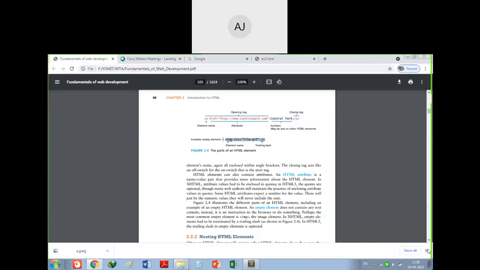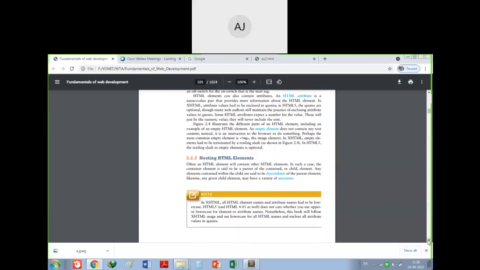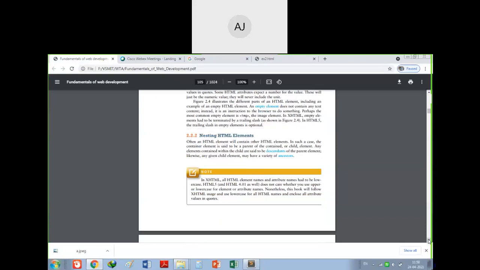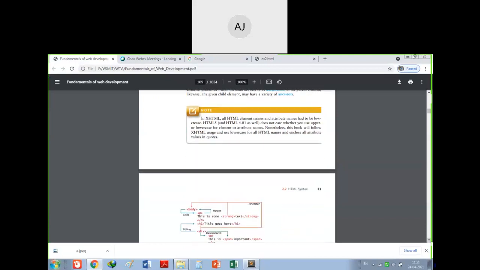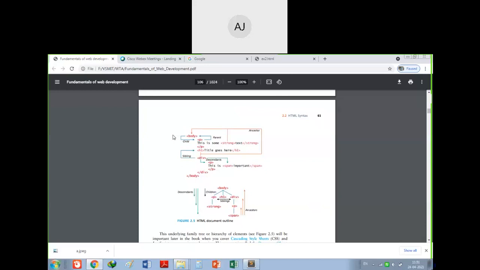Okay, then we have seen one more concept called nesting of HTML elements. Nesting means one HTML tag inside another. So we have to nest it properly. I told the example. So I have opened the body. Within that body, P is there. Within that P, strong is there. Okay, it is just like last in, first out. So whichever tag has appeared last has to go first. So strong is open, strong is closed.